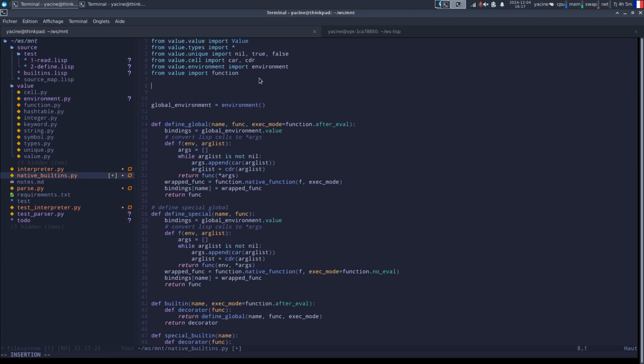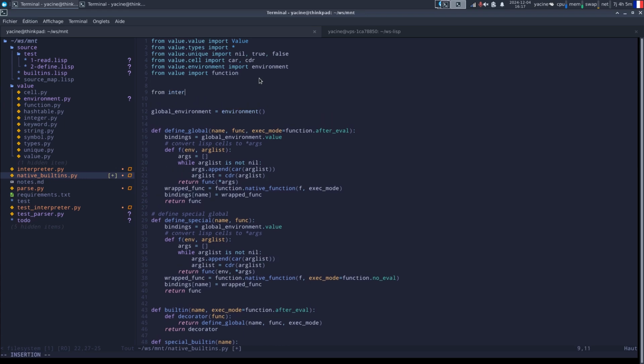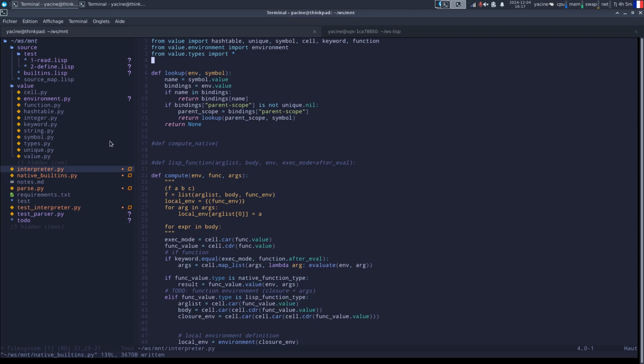So now I can import from the interpreter. So what I did here is that every reference from the interpreter to the built-ins are now removed,